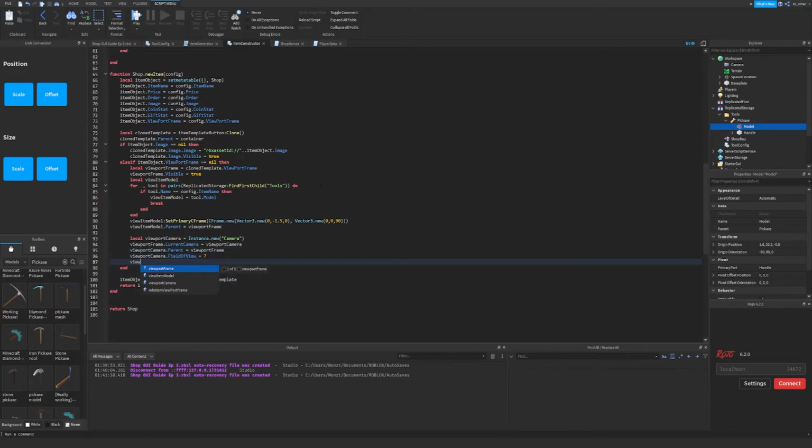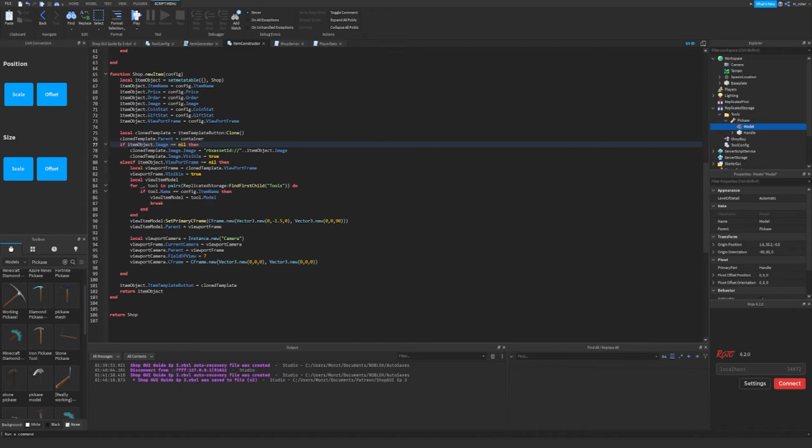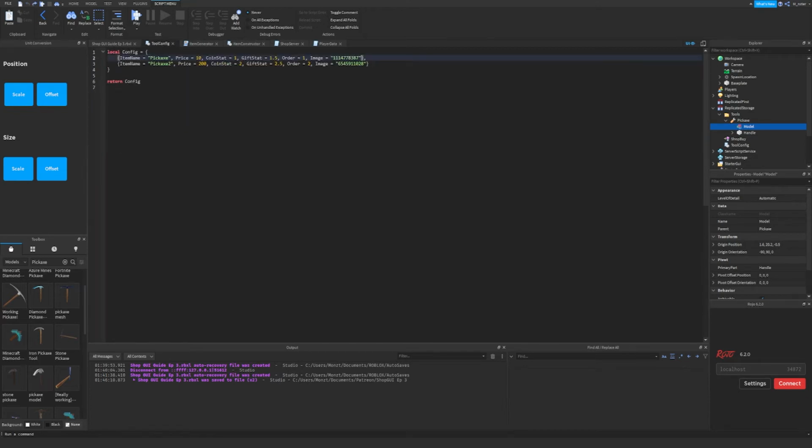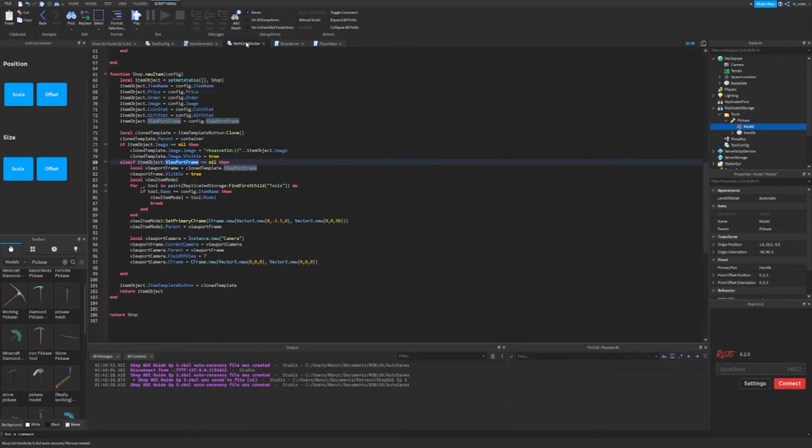And then we also need to set the viewport frame's camera CFrame as well. So we're going to say CFrame.new, and then we need to hit it with a Vector3.new. We're going to do 0, 0, 0. And then we also need to get another Vector3.new and hit this with, again, a 0, 0, 0. Then we need to set viewport frame to not nil, so we'll just set it to true. We'll say viewportFrame equals true, because that'll mean not nil,